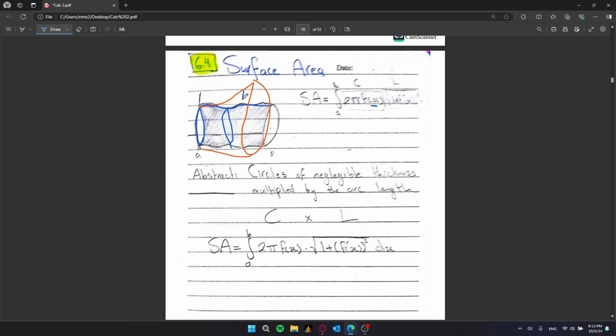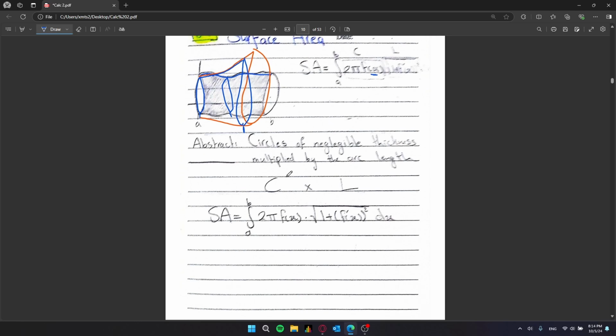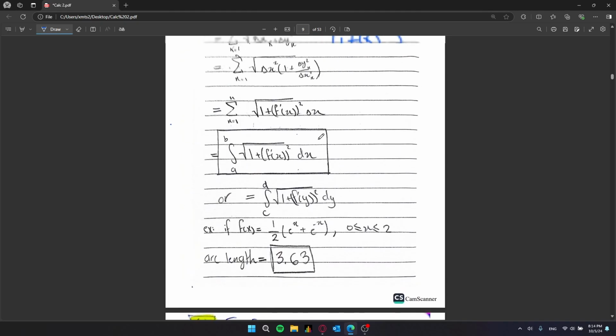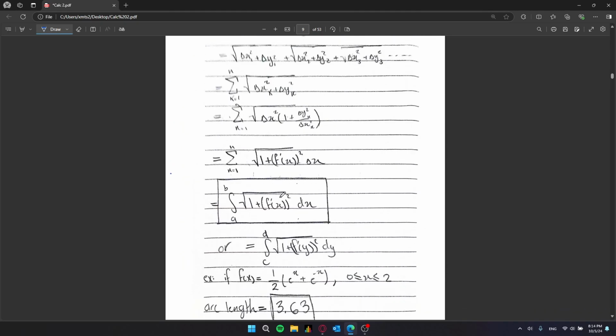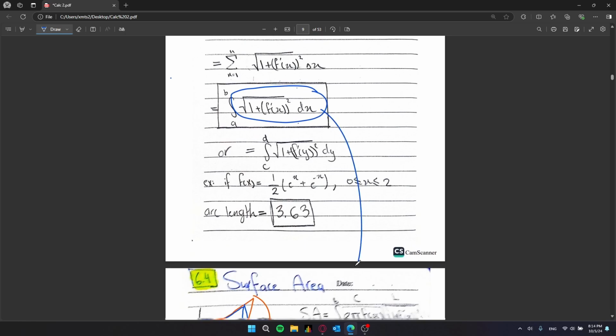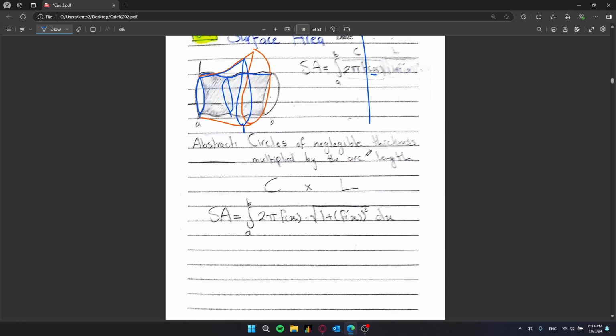You are calculating the circumference of that shape at the point x, and you are multiplying it by the length of the shape at varying points as well, with respect to x. So the formula is very simple. We just talked about the formula for the arc length. You take the formula for the arc length as it is, and you bring it down here, and you just multiply it by the formula for the